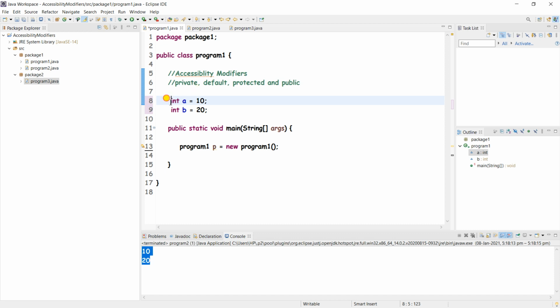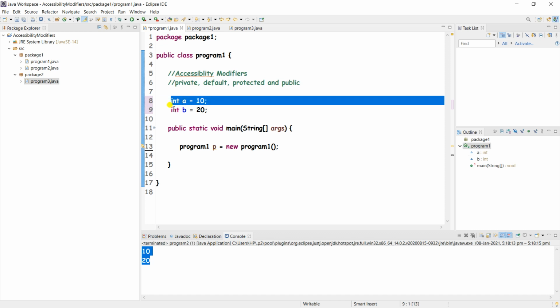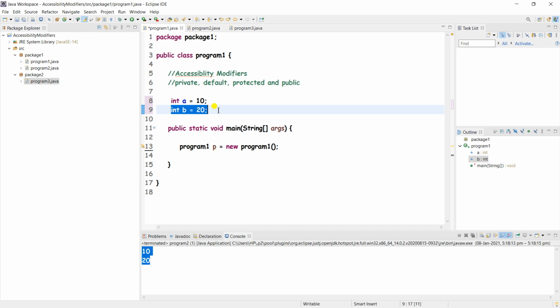Here we have not mentioned anything. That means this int a and this int b have the default modifier, right? The default modifier is accessible only within the package, okay.